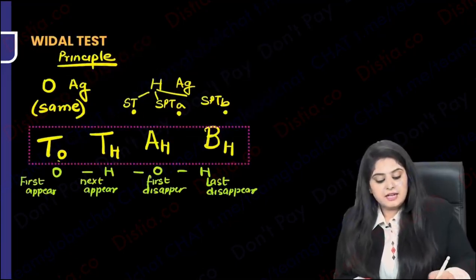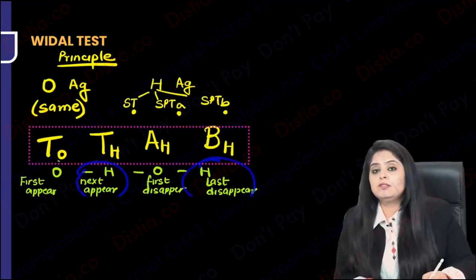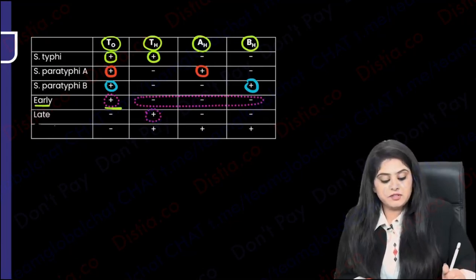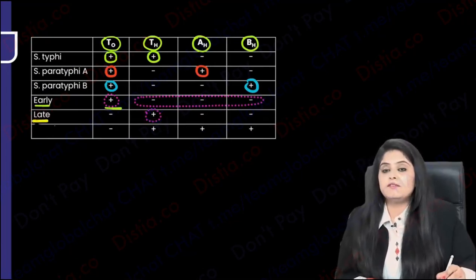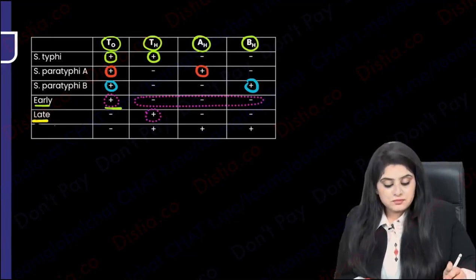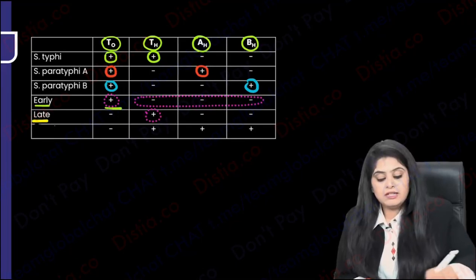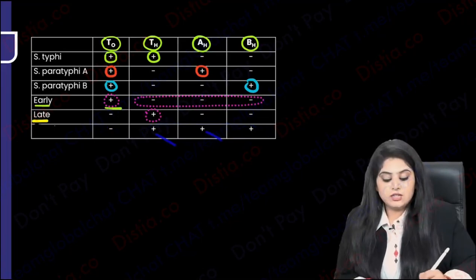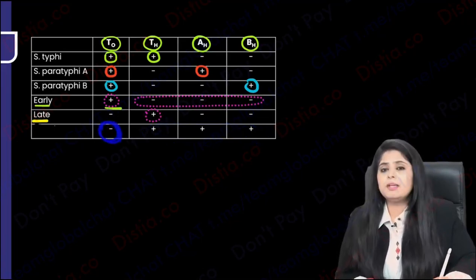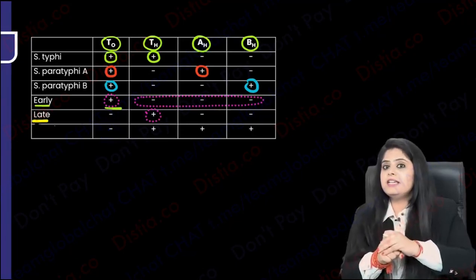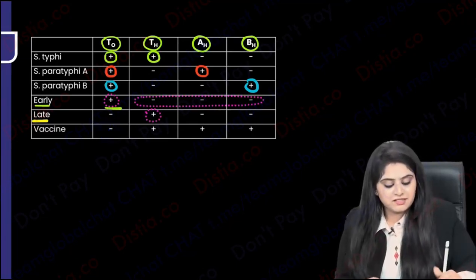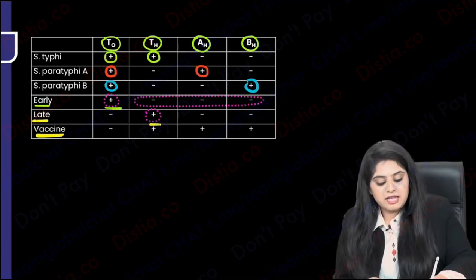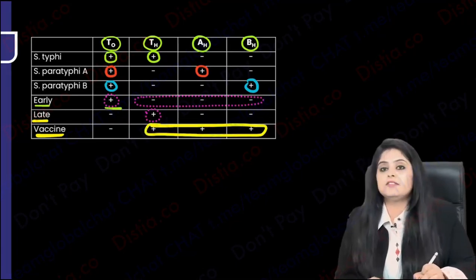We had studied that H will appear second and will go also second. It will come in the end, it will go in the end. So this is going to go in the end. This means I am referring to a late infection. Okay, coming to the last, if only the O antigen is not there and everything else on this planet is there, means the H antigen of all of them are there, why is O antigen not coming up? Because someone has covered the O antigen, Vi has covered. This means the patient has received vaccine. So if vaccine has been received, then the reaction with the O is not going to occur, but the reaction with all the others is definitely going to occur.